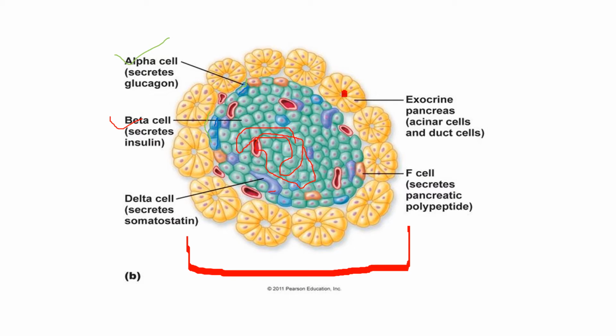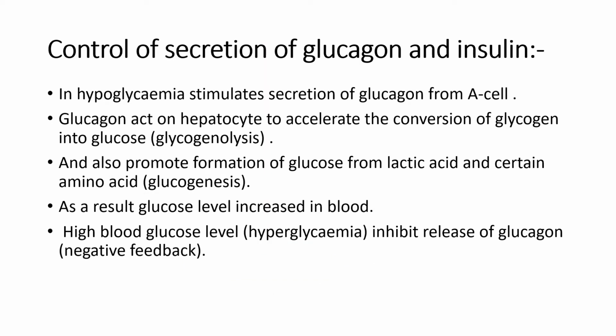There is less contribution than alpha and beta. So these are the delta cells, that is a 7% contribution, and here you see some brown cells, which are the F cells. The remainder of the space present in the pancreatic islet is covered by the F cells. And here you also see some capillaries for the transport of hormones. Okay, now we move to the next slide.